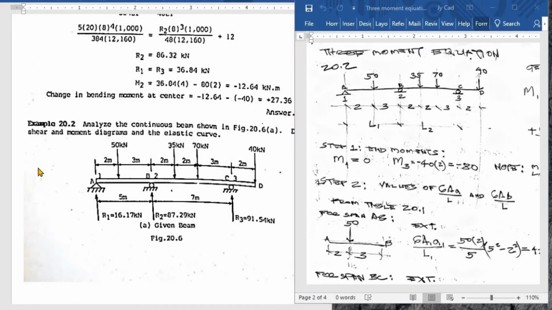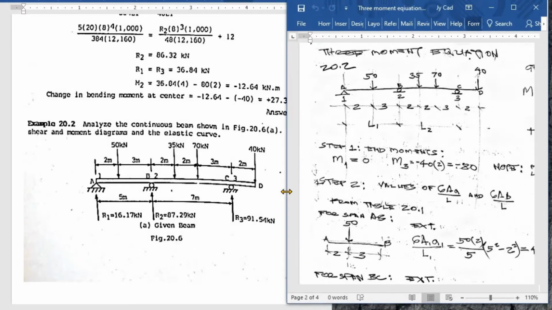So we have here 20.2. Analyze the continuous beam shown given ang kanyang dimensions tsaka yung loads. Okay? Initially, dimension tsaka loads ang given. Yung mga reactions, sosolvin mo yan. So, sa step 1, always determine the end moments. Kapag sinabing end moments, yan yung